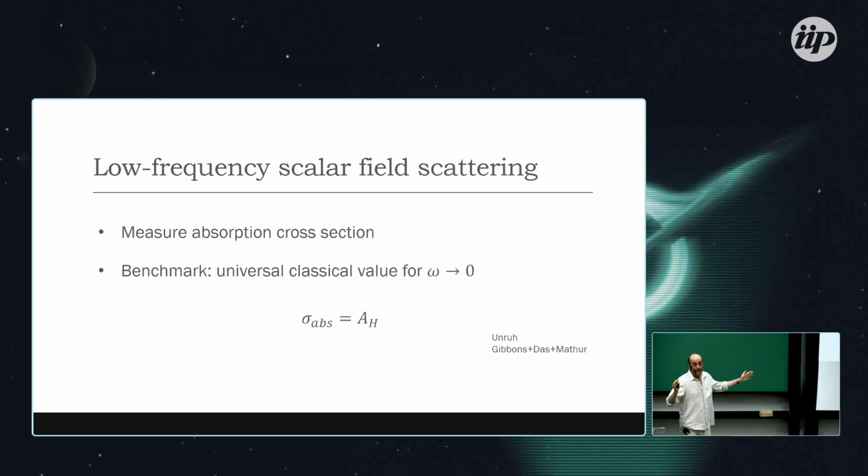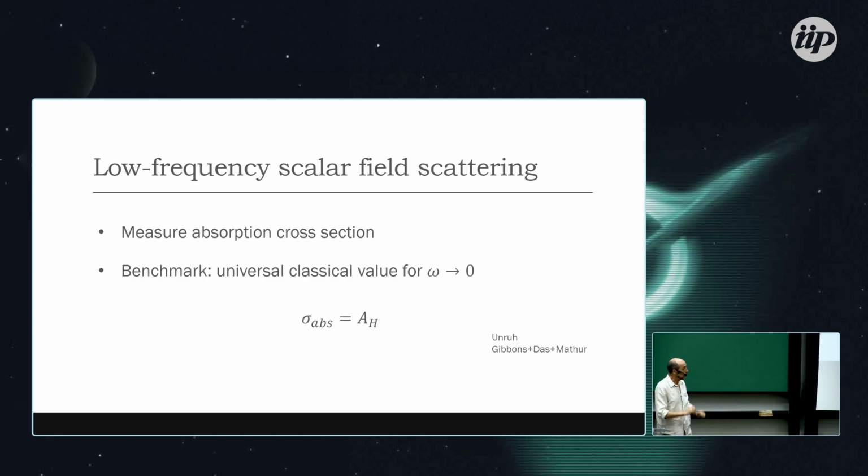So then we perform the experiment, and then we compare it with what? With the semiclassical prediction, to see whether the predictions deviate from what semiclassical physics tell us. So you measure the absorption cross-section, and then what should you be comparing it to? Well, the benchmark value here is a result that's been known for decades, that when you consider the massless scalar